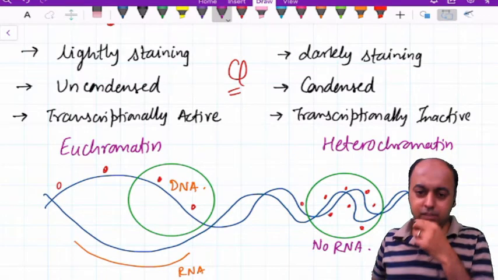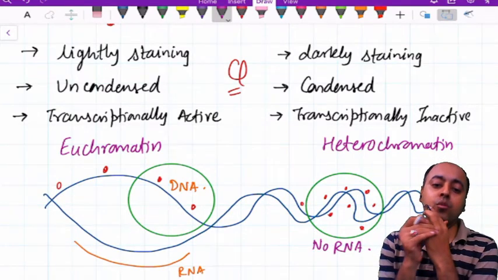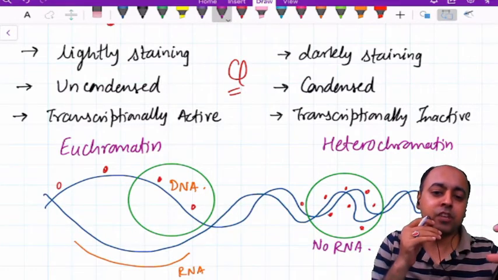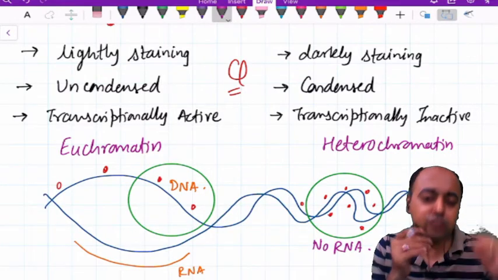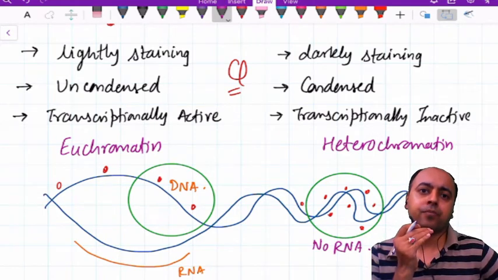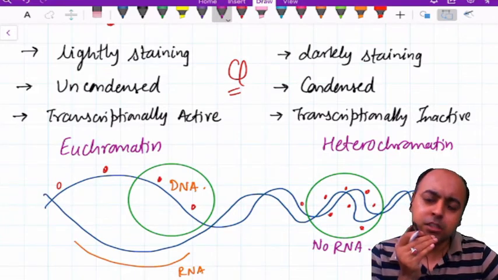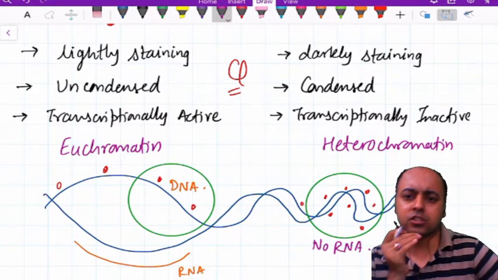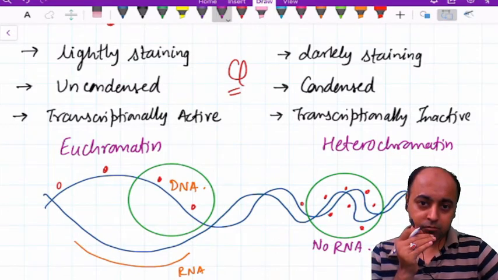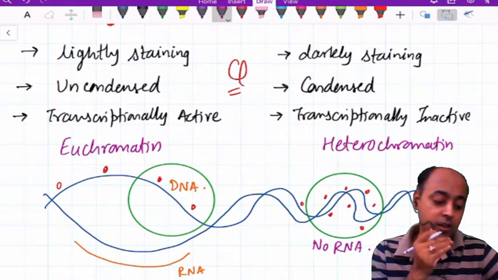Okay, let's try to understand the concept of heterochromatin and euchromatin. We said euchromatin is a segment of DNA which is transcriptionally active, where the RNA is being formed. Now imagine in a particular cell, let's say collagen is formed in the muscle. The collagen is being formed for the extracellular matrix. Is this collagen formed all the time? Similarly, we had talked about the heme. When we talk about heme synthesis,